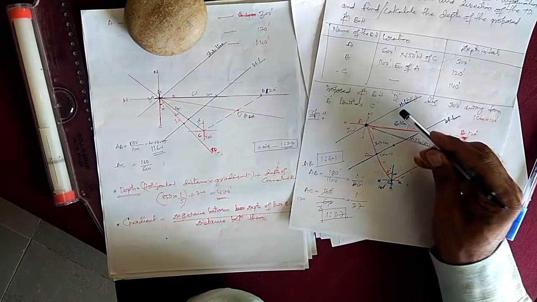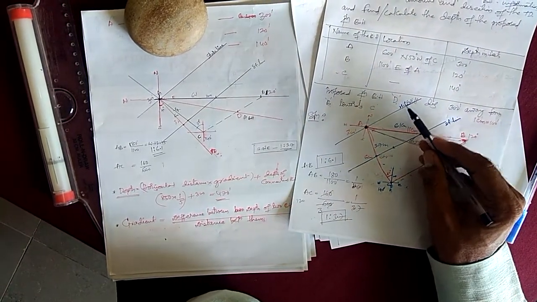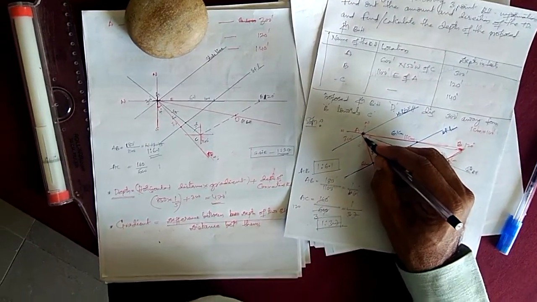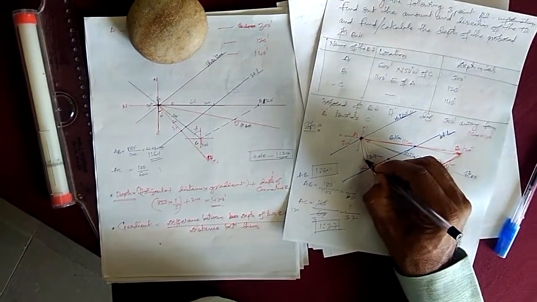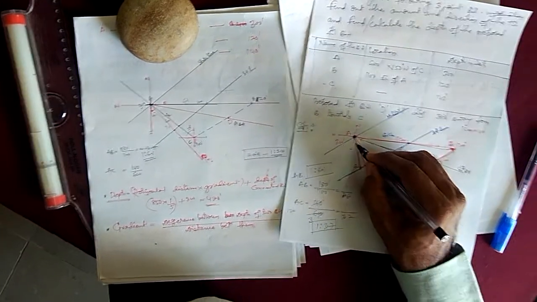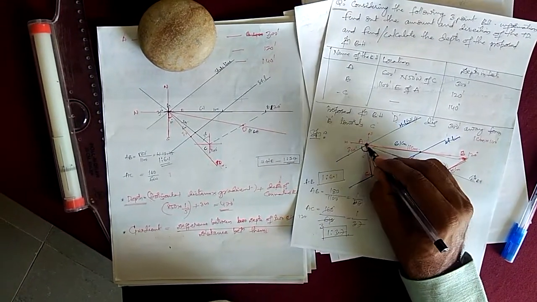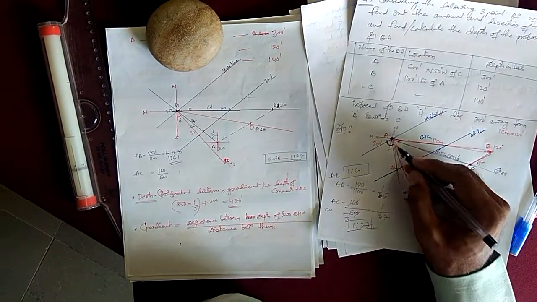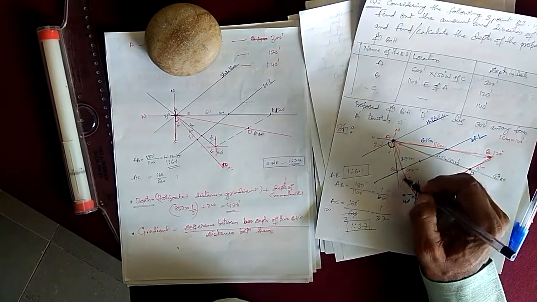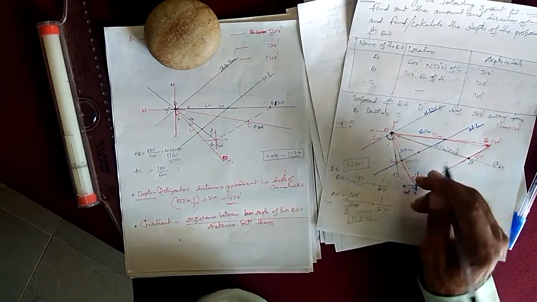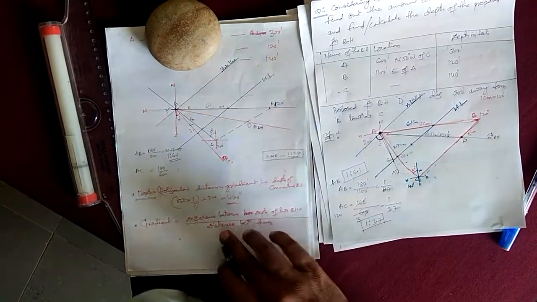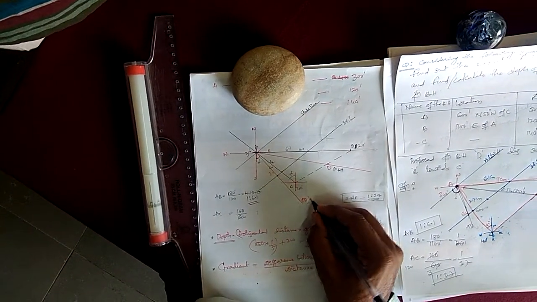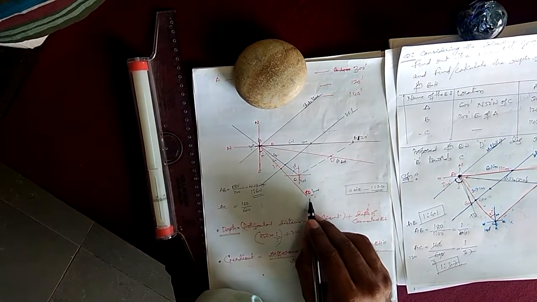Once you have drawn the straight line, we already know the true dip is always perpendicular to the straight line. You have to draw a perpendicular line. You may get somewhere here. This could be the perfect perpendicular line, 90 degrees you may get. So the line which I have drawn perpendicular to this line is nothing but the true dip line. Okay, friends, I have drawn here. This is the true dip line.